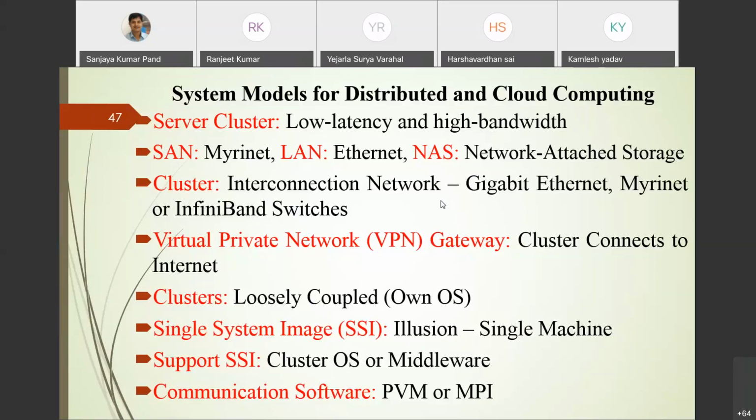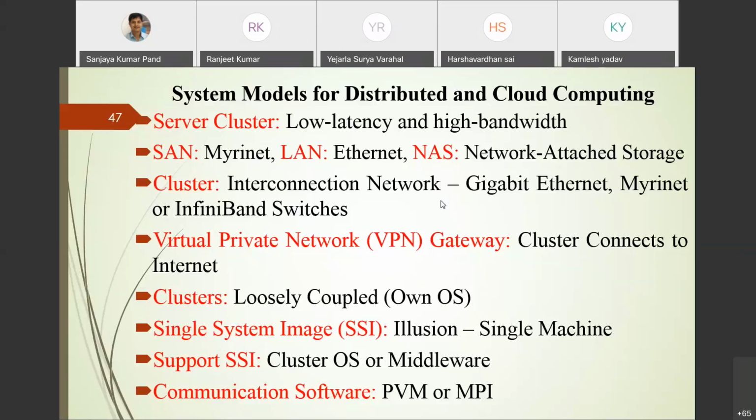So many people view it as a tightly coupled system, or it may be a loosely coupled system. If it is loosely coupled, each and every computer system has its own operating system. But if it is a tightly coupled system, the server has the operating system, and whenever a client is on, it gives one instance to its client in order to run a particular operating system on the client, right? So I told you about the single system image. Single system image is an illusion, just like the virtual memory you have studied in operating systems. It is creating an illusion.